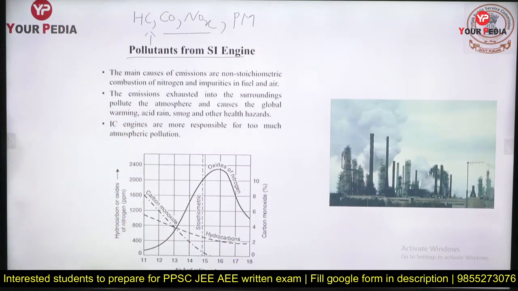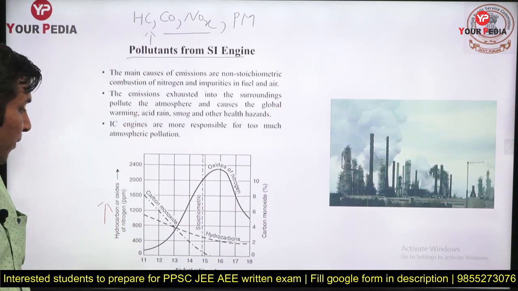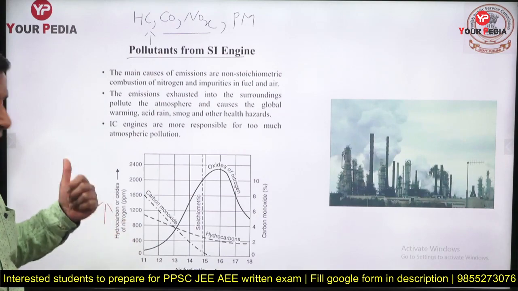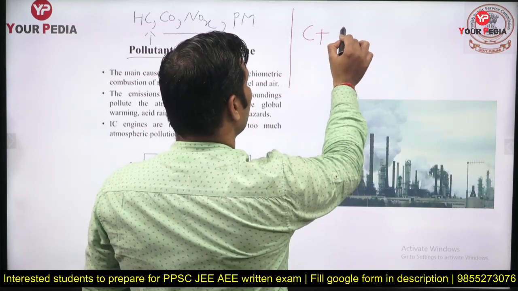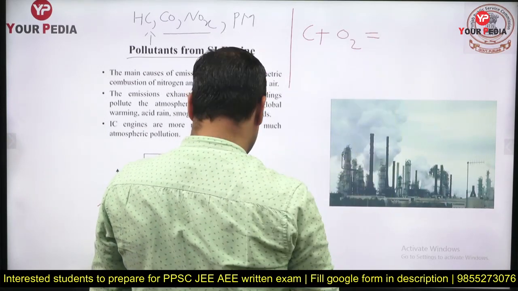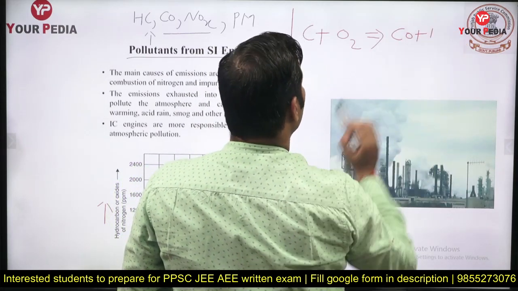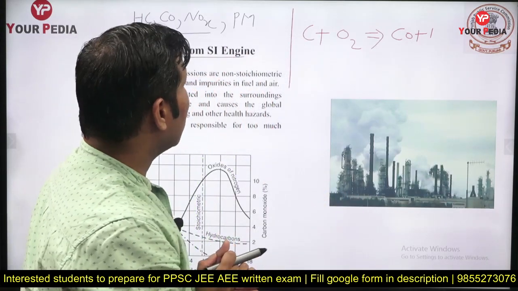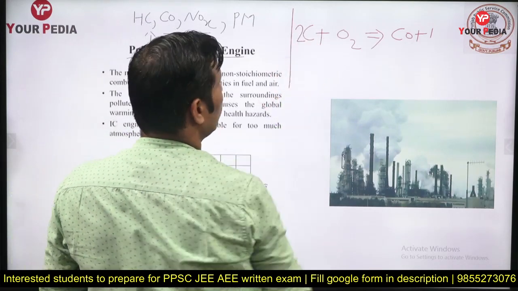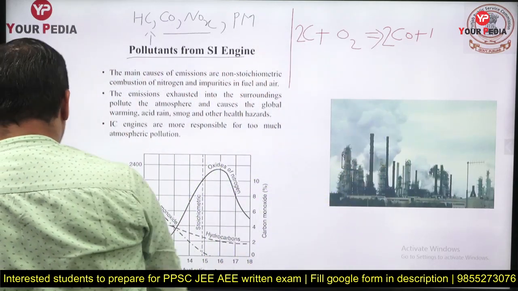Just observe it here. Here we are taking different pollutants like carbon monoxide, hydrocarbon and NOx. Let us talk about these three first. So what is carbon monoxide, guys? Suppose you are burning some carbon and it is not getting sufficient air. In the product you will get carbon monoxide if sufficient oxygen is not there. Something like this: 2C + O2 gives 2CO. If you balance this, here also you will get 2CO. So this is a balanced chemical reaction.